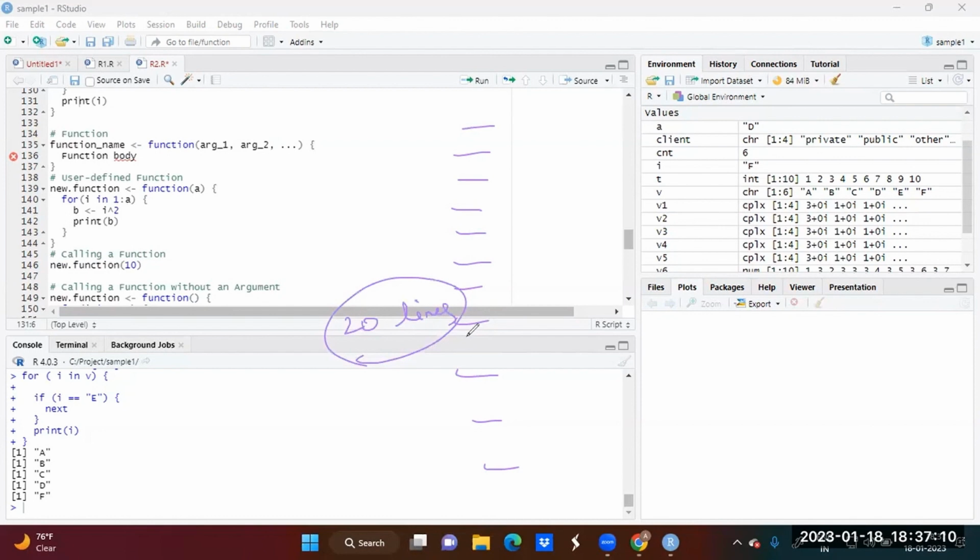You are writing a program which has maybe 20 or 30 lines of code. But you want to write the same code in multiple places, based on your requirement. Rather than writing these 20 lines of code every time wherever you require,